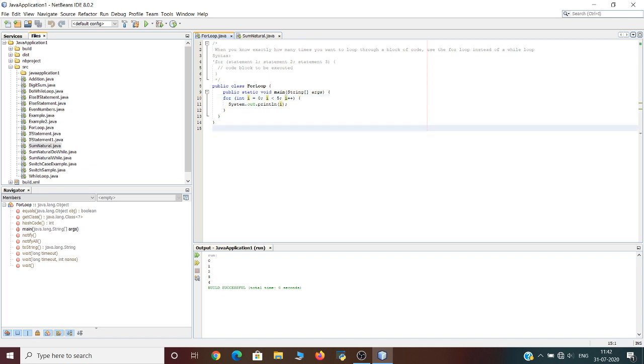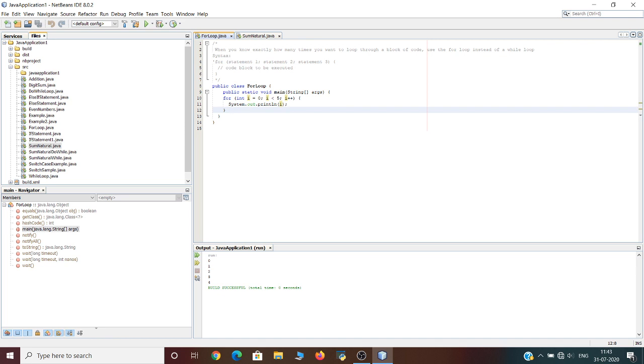Now let us try to understand the sequence of execution of these statements. First of all, the first statement will get executed, an initialization statement wherein we have initialized the value of the variable I to 0. After that, the next statement is the condition: I must be less than 5.